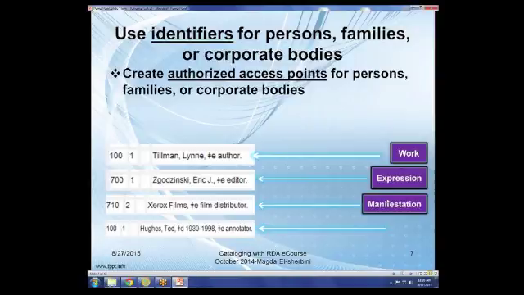With a manifestation relationship, you're looking at a person, or more often, I guess, a corporate body that helped produce the physical item. In this case, it's a film. A publisher or distributor of a book would be an example of this relationship between a group and a manifestation in the print world. And then down here we have item.